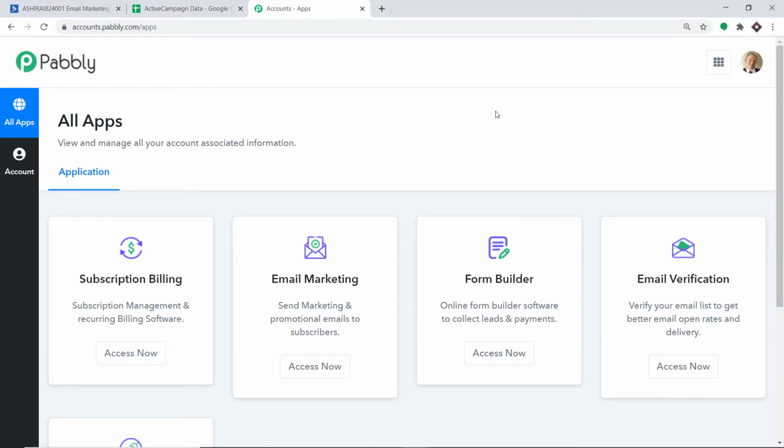As you can see, I already have made an account in Pabbly Connect. You can also create your own free account in just 2 minutes. Here, I would like to mention one more thing, that Pabbly Connect offers a plan where this integration can be tried out absolutely free. So you just have to clone the template of its workflow, which is available in the description box. Once you clone the template, you will get immediate access to this amazing workflow in your account.